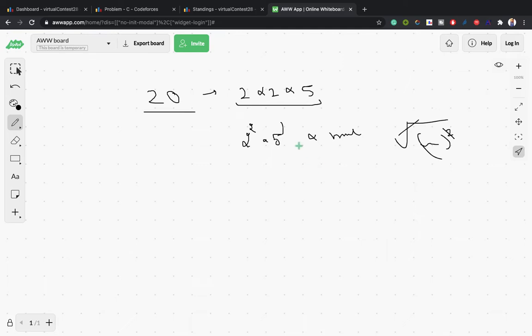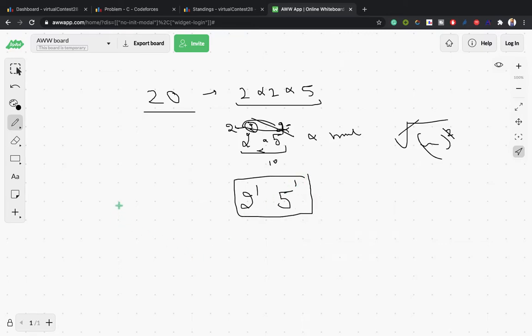Here we check that we have the power of 2, that is 2, and for 5 I have 1, so I will make this also power 2, take 2 as common and do the square root, and I will get 2 into 5, that is 10. So it is always possible that we will achieve only the single power like this. Always this will be the answer.